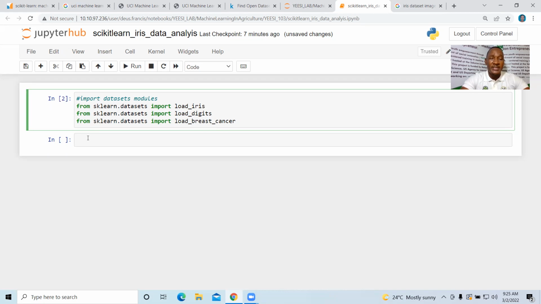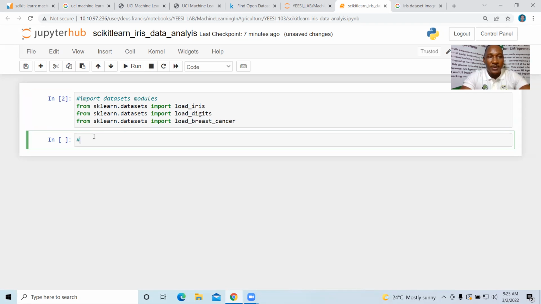So for now, as I tell you in this video, we're going to learn how to use the scikit-learn built-in datasets, manipulate and analyze them, and use some of the scikit-learn built-in classifiers to classify this data, okay? All right, so the next step is going to be assigning